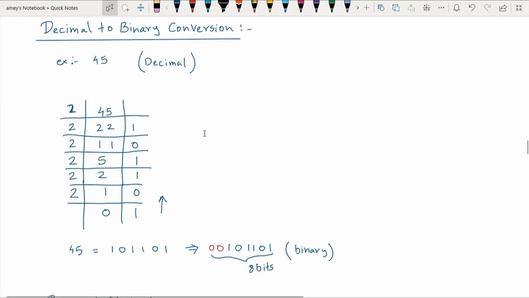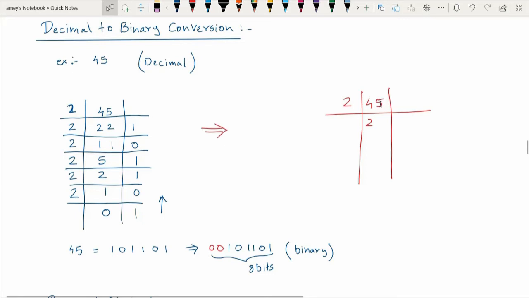I'll just show you what I have done here. I'll be solving it again. So the number that is given to me is 45. You are going to do something called binary division. So you take 2 over here and see whether this 45 is divisible by 2. Now 2 how much are 4? So 2 2s are 4. Then 2 how much are 5? 5 is not there in the table of 2. But what is the nearest number?